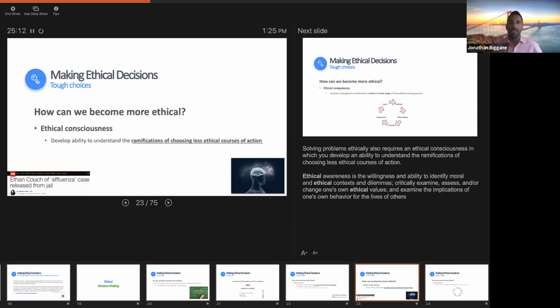And this obviously, I think most of us would probably disagree with his argument that he should have known what he was doing. But we saw in the Ford Pinto case, even people who go into a situation with generally good intentions can still be unaware of the ramifications of their decision making if it's not as ethical as it should be.